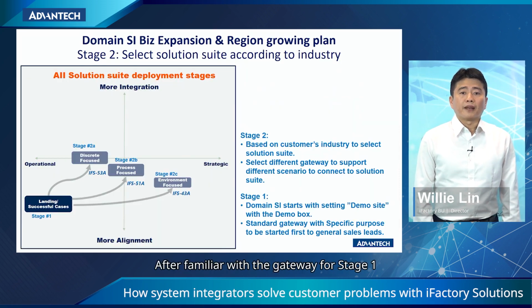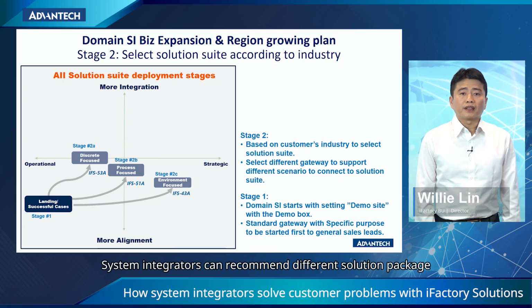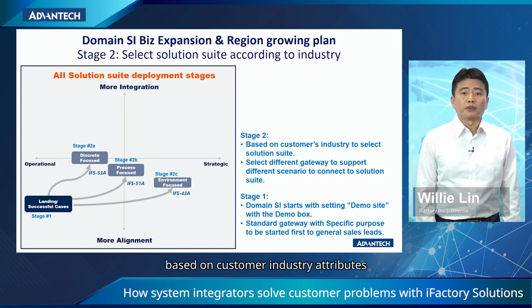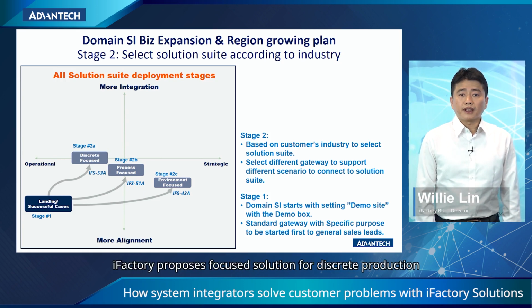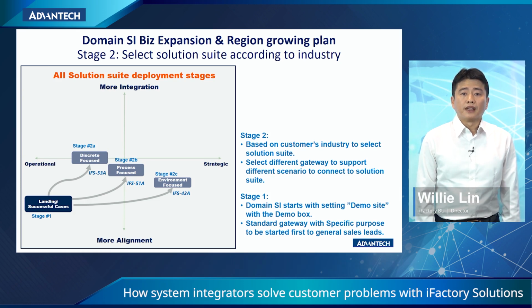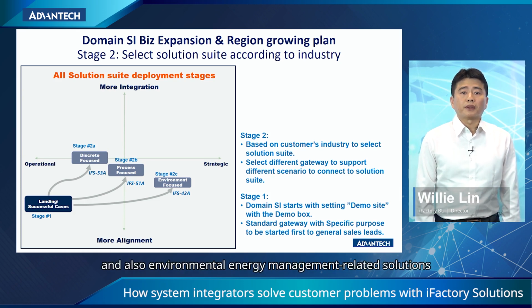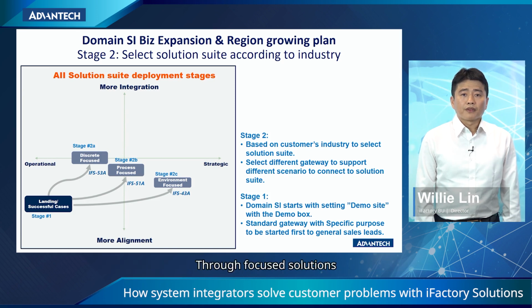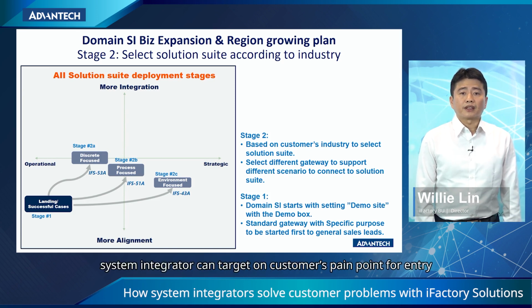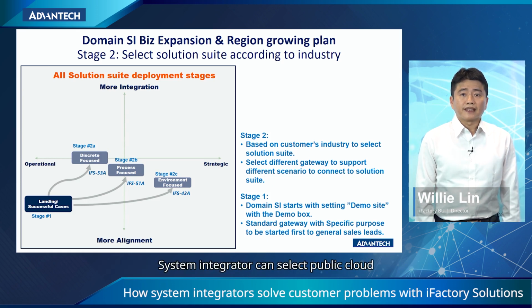After becoming familiar with the gateway for stage 1, system integrators can recommend different solution packages based on customer industry attributes. iFactory proposed focus solutions for discrete production, process production, and also environmental energy management related solutions. Through focus solutions, system integrators can target customers' pain points for entry. System integrators can select public cloud, private cloud, or edge cloud for customers and connect with the gateway to meet customers'